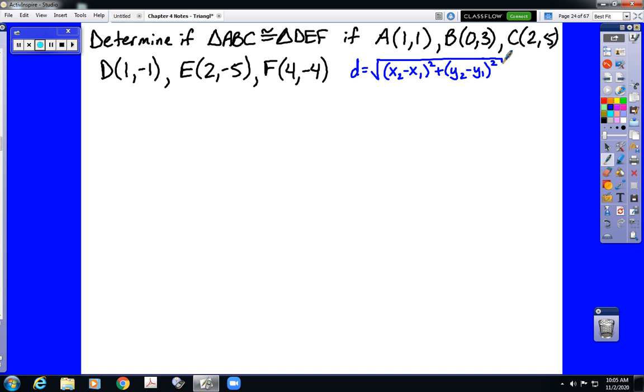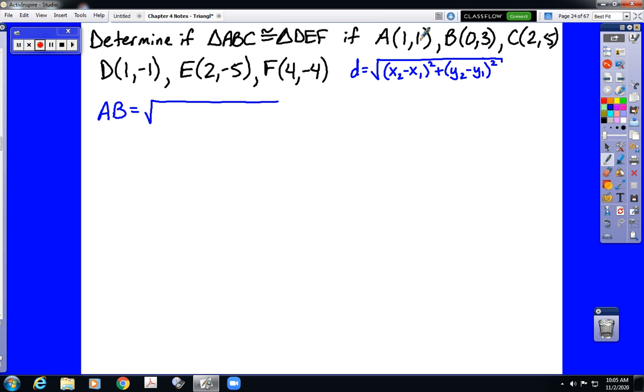Because if we get to that 4th distance formula and we find the first side length of DEF and it is not equal to one of the 3 side lengths from ABC, that would mean these triangles cannot be congruent. So we're going to have to do at least 4 distance formulas, and we might have to do as many as 6. So if we want to find the length from A to B, that would mean that A is